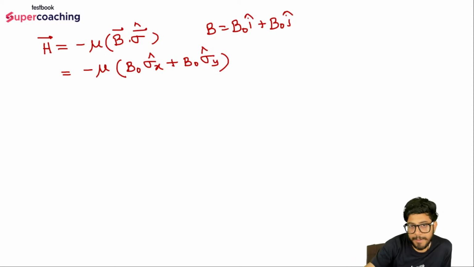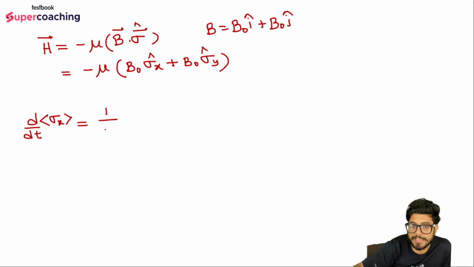So I can say that initially the state is an eigenstate of sigma. I don't know how it would look, but this can be done in a much easier manner. You see, we can just put d/dt of the expectation value of sigma x. If I do that, what values will I get?